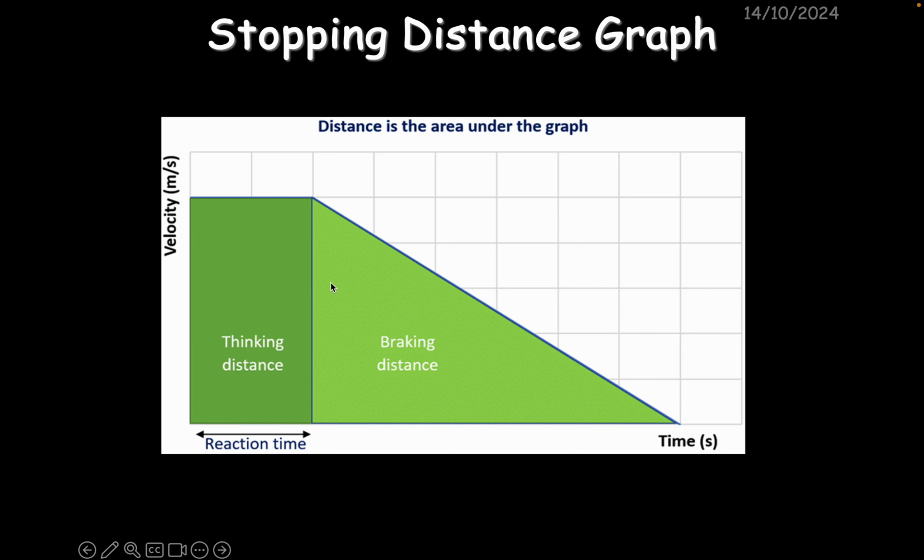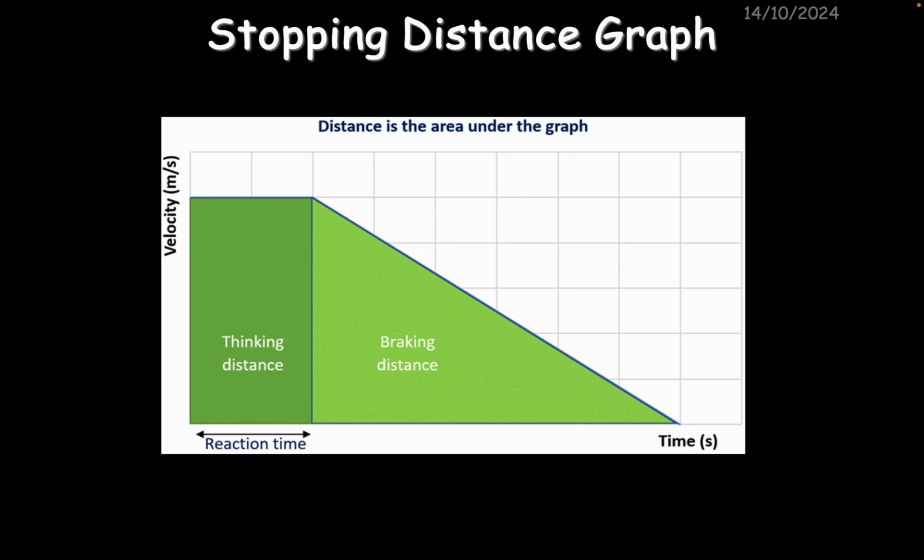Now the area underneath the braking for the braking distance is the area of a triangle. So you've got to remember what the area of a triangle is. It's half the base times the height. Yeah? So that's something that we did when we were talking about motion graphs. So this is an application of motion graphs in safety of stopping a car. Okay? I hope you found that useful. So this is useful for combined science as well as for